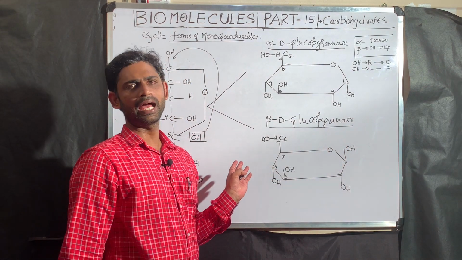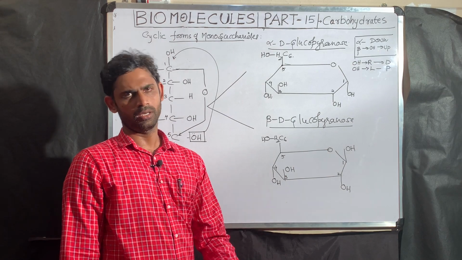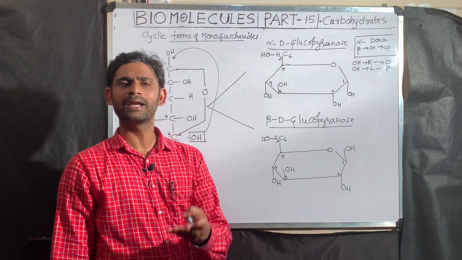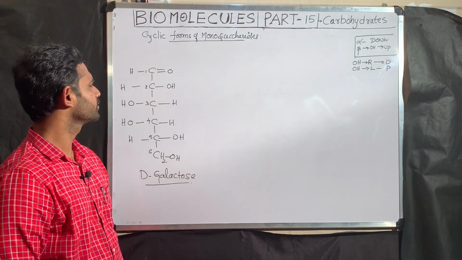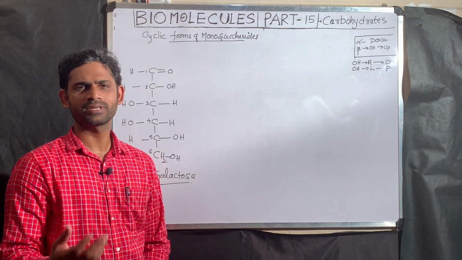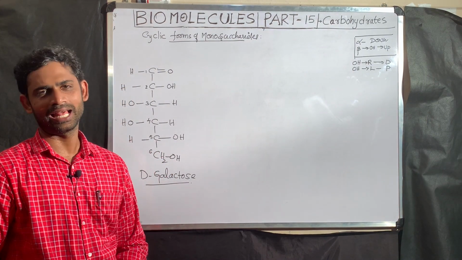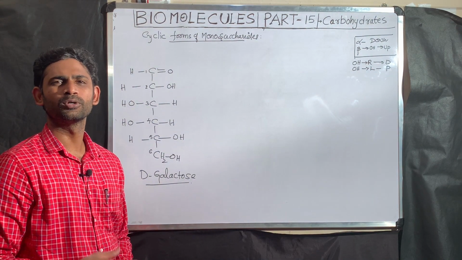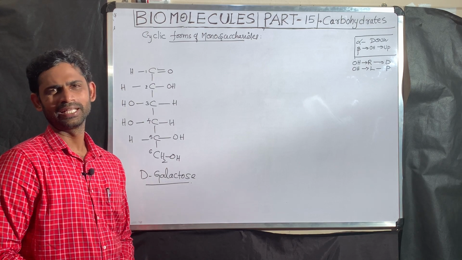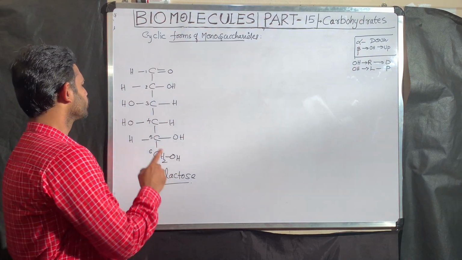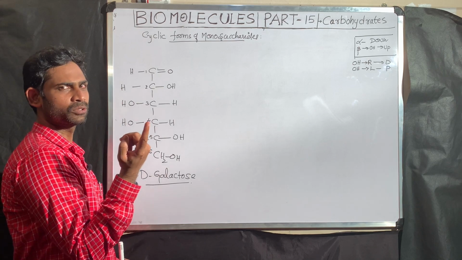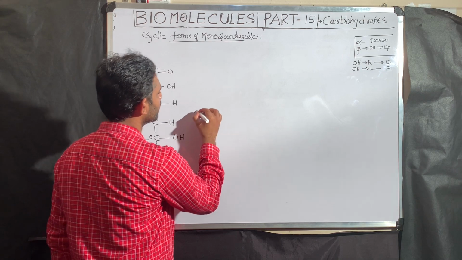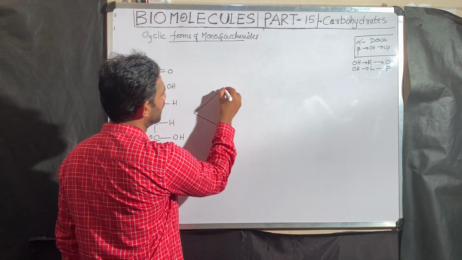In a similar way, I am going to explain two more ring structures, along with the pyranose. Pyranose also I am going to explain by taking a different example. I am going to explain the pyranose structure by taking D-galactose. See this one. If you observe clearly, glucose and galactose both belong to epimers, meaning they differ around only one carbon. So between glucose and galactose the only difference is the fourth carbon. Okay. Now I am going to explain the pyranose structure with reference to galactose.